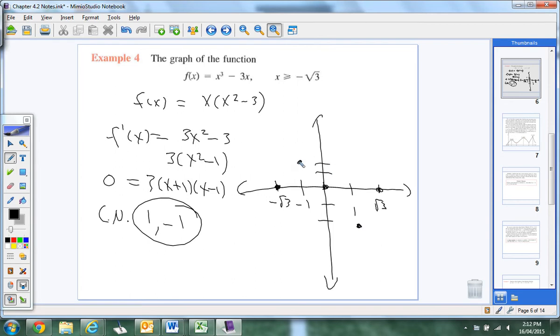So you can see the graph looks like this. This is how we're getting good at curve sketching. We just create enough information that we could draw that graph. Okay, so now what did they ask for? I think they asked for all of it, didn't they? So we have a local max at where? Good. Okay, and we have a local min at